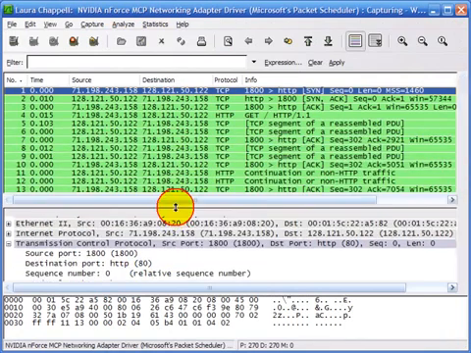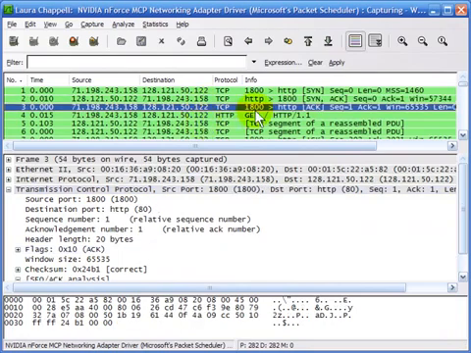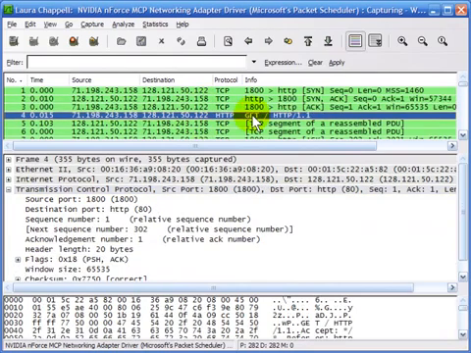There's our TCP communications. We can see the handshake that it begins with. We can see the GET request going out. So we know that our filter worked properly. Now I'm going to stop capturing,